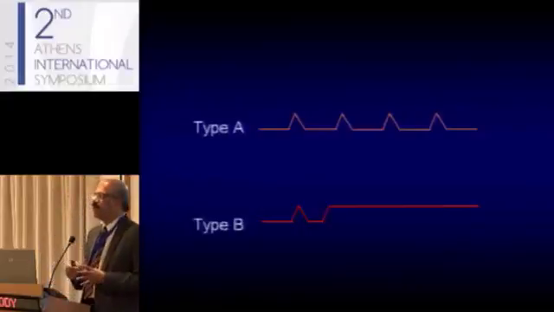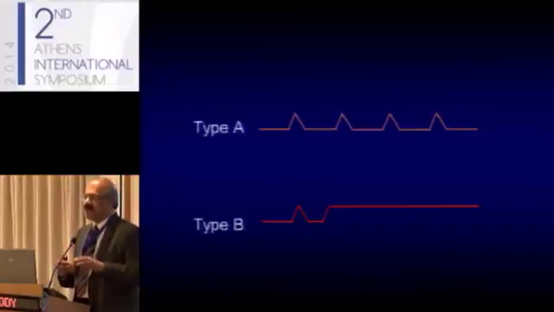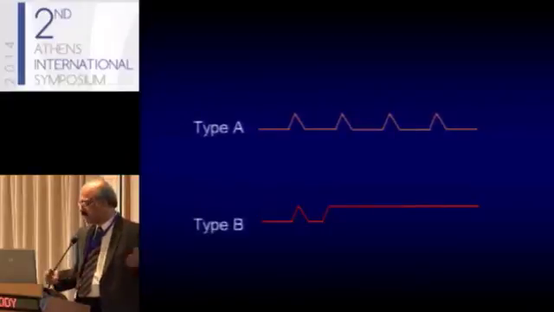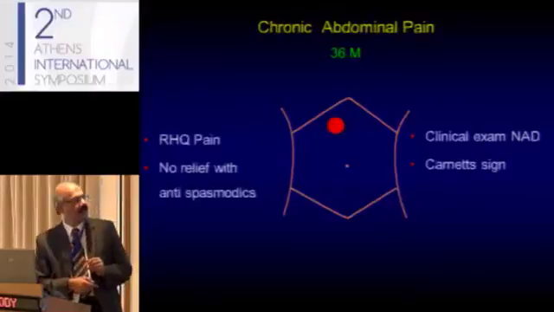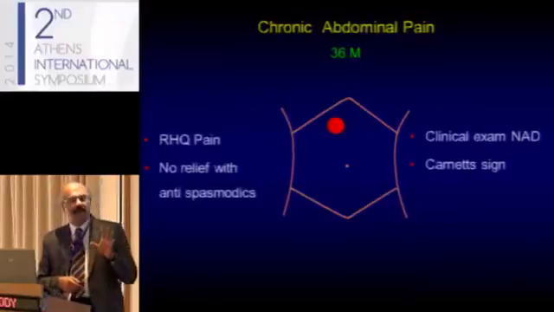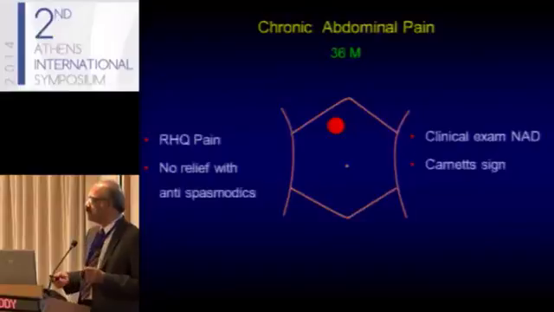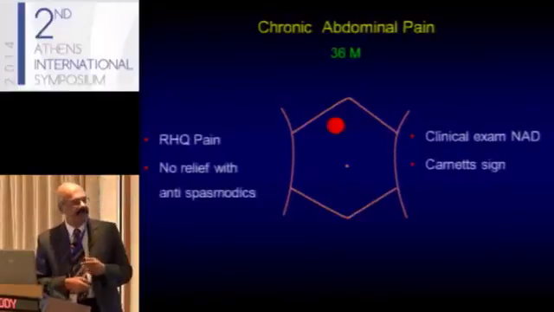So if you look at the patients who come with pain, after a certain period of time, the recurrent abdominal pain patient after 6 months becomes a chronic continuous pain. So we come to the last category of patients, and this is the patient with chronic abdominal pain. Again, a 36-year-old male patient who used to do heavy exercises in the gym came to us with severe abdominal pain.